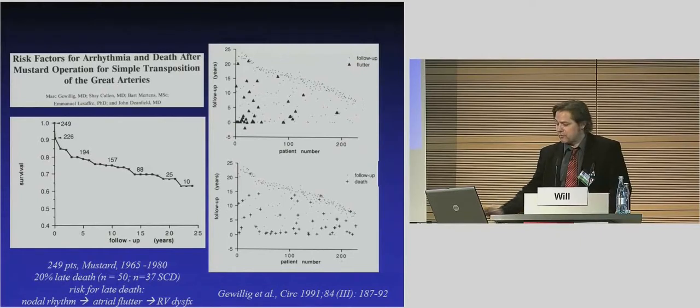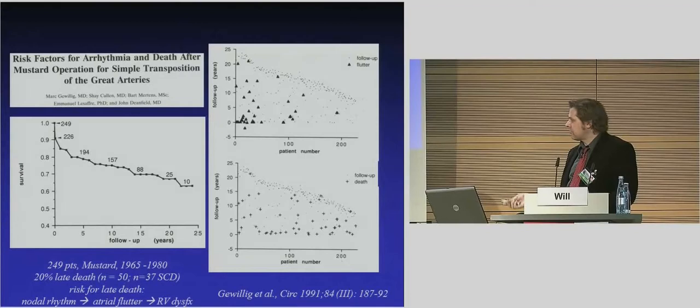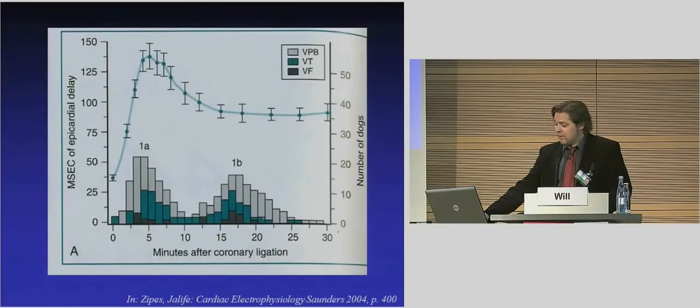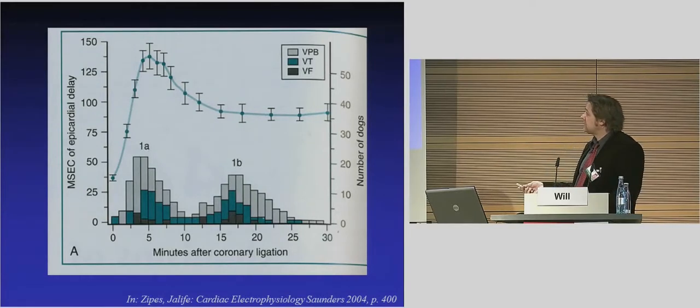Here, the study from Dr. Williams from the early 90s showed that the risk for death is higher in those patients who develop flutter or atrial flutter and then RV dysfunction. And you can see here the single patient numbers and the incidence of flutter or death in these patients. RV dysfunction, of course, ischemia is a risk for the development of ventricular extra beats, like here in this study with